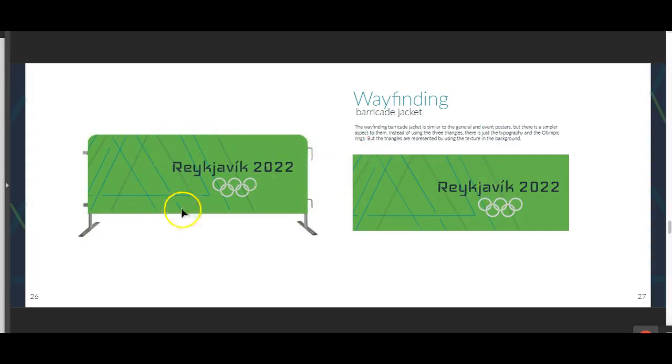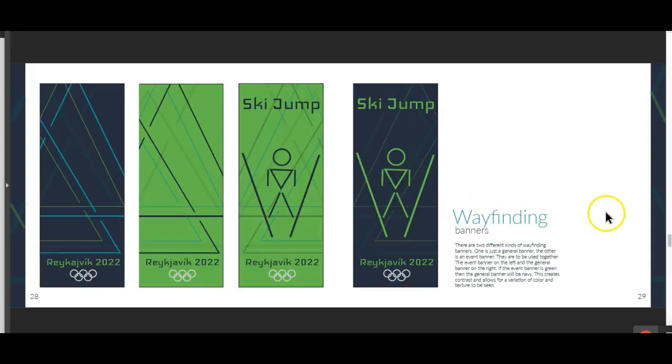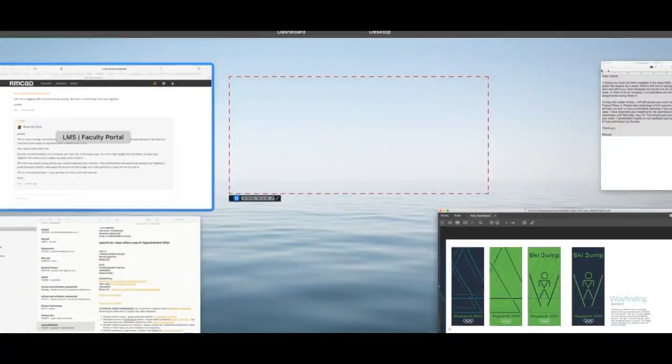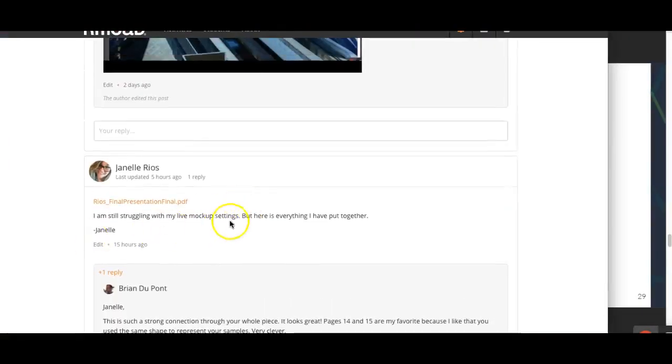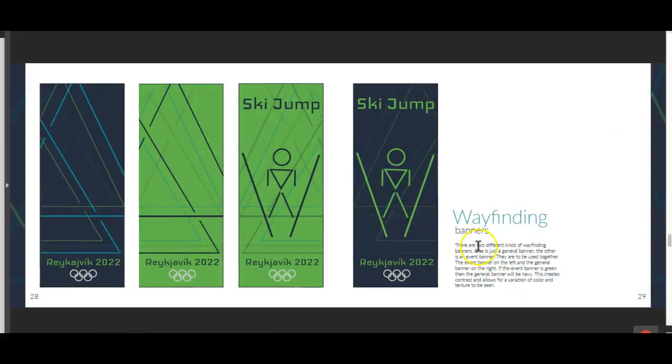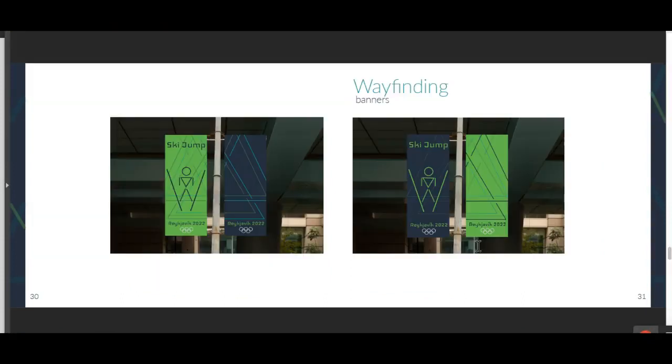This is just begging for a live setting. I would definitely find a live image. I know you mentioned that you're struggling with your live mock-up settings, but boy, that's going to bring this home. These live settings here just look fantastic. So if we can duplicate those,